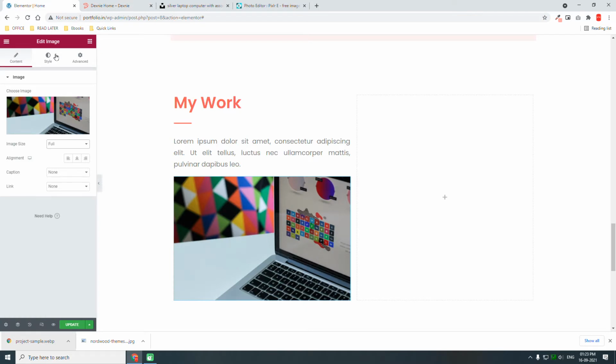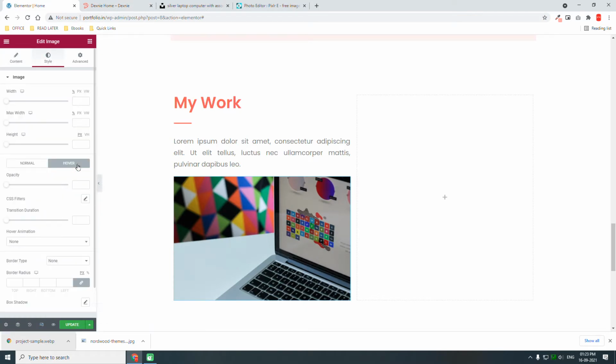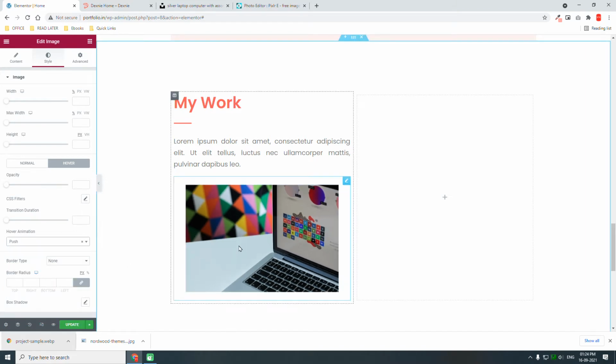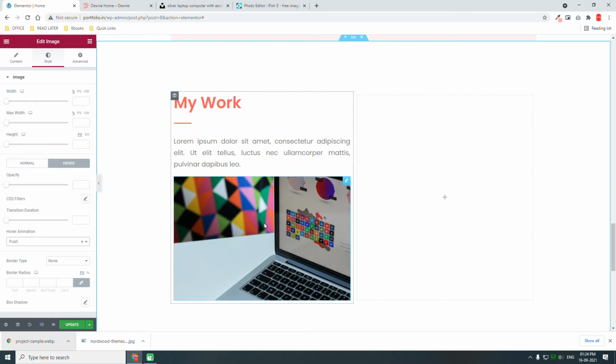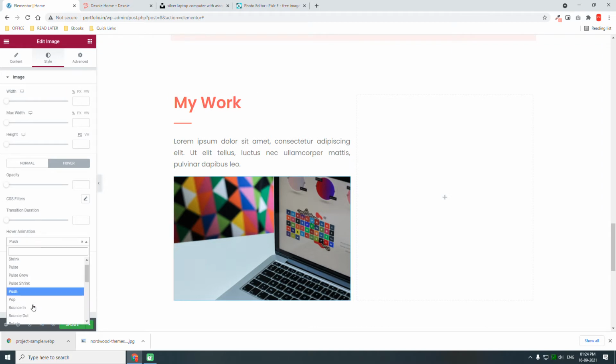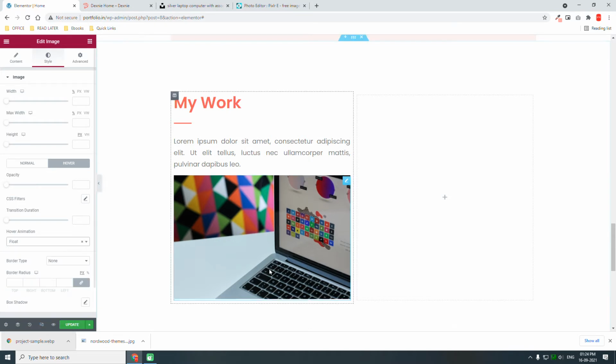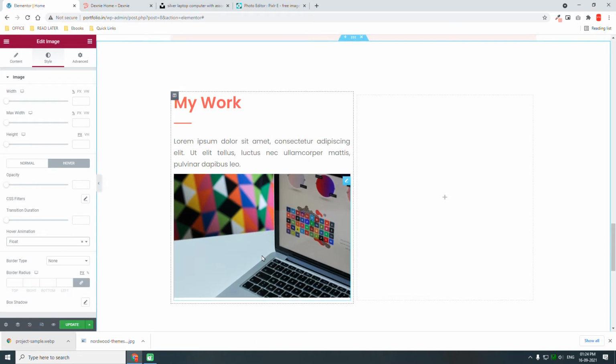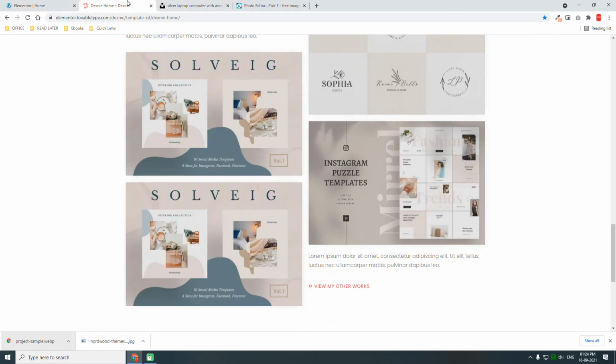So go to style, hover animation, push, it doesn't float. Yeah, float one. This is the one. Okay,